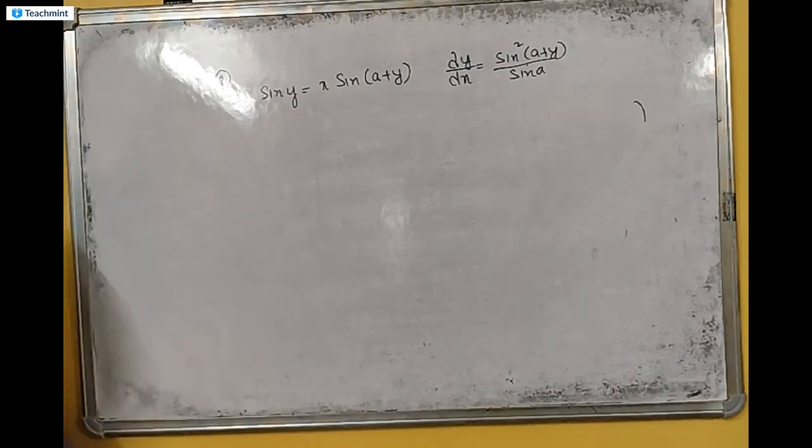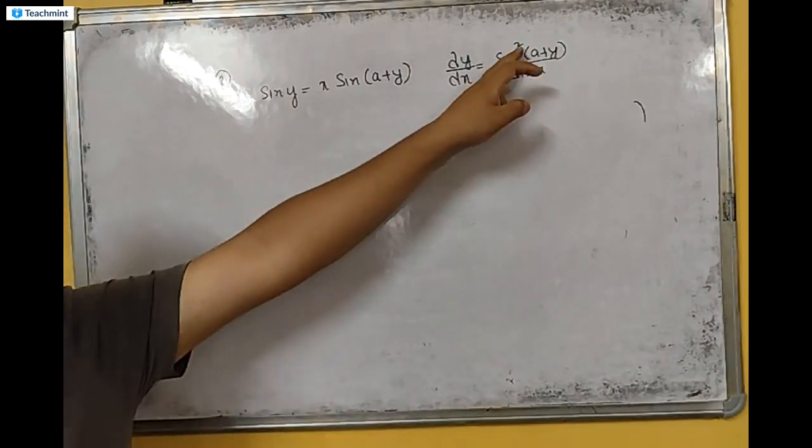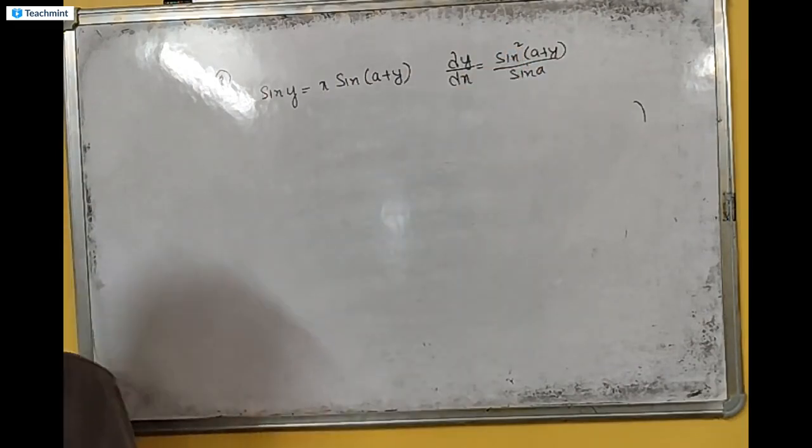Now look at the board, everyone. This is sin y equal to x sin a plus y. First of all, look at this in the question, and the proof plays a vital role, guys. So please don't ignore the proving part. Always see the proving part first. And in the proving part, don't you see a square? So this is a special type of question. So the only way of getting a square